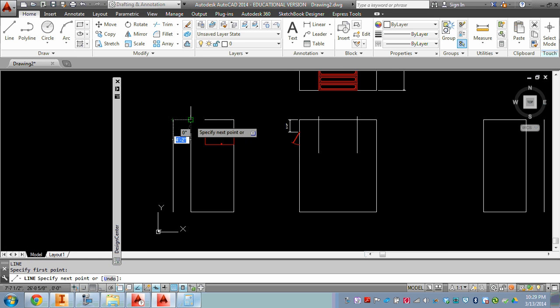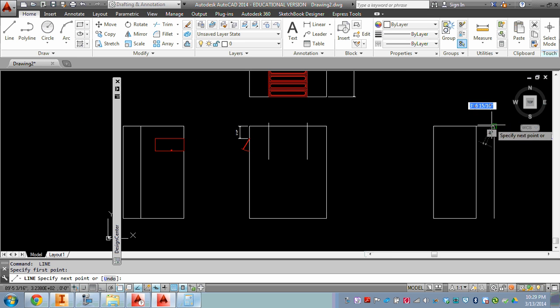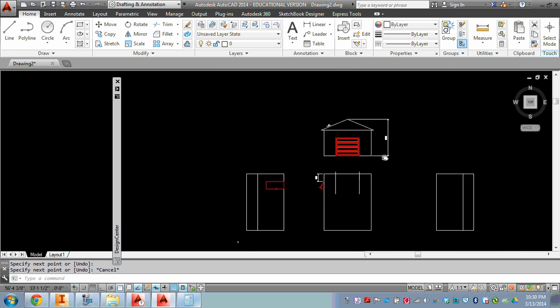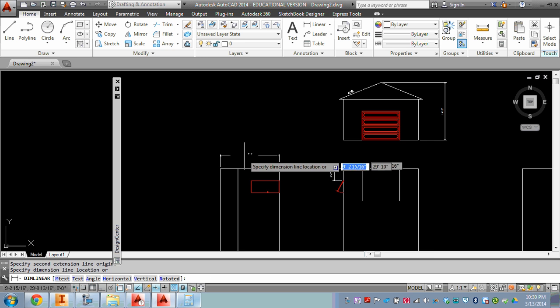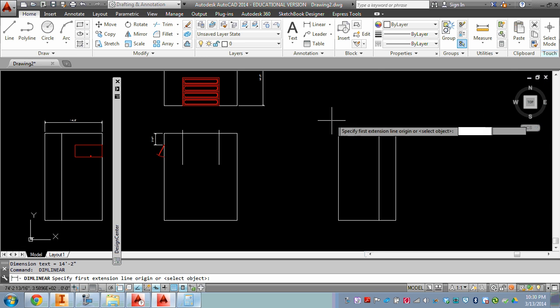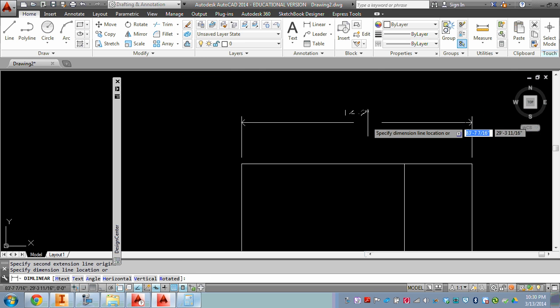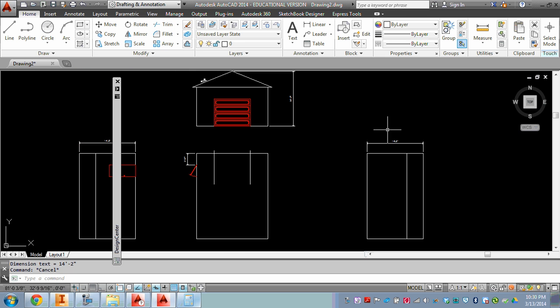So we're just going to draw a line, complete the roof. And all that's telling us is that's 14 foot 2 inches. If we put a dimension linear here to here, 14 foot 2. Now the only thing,